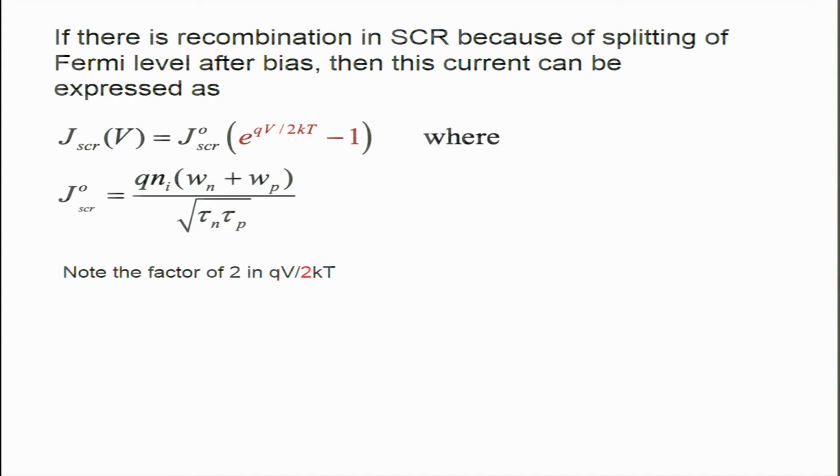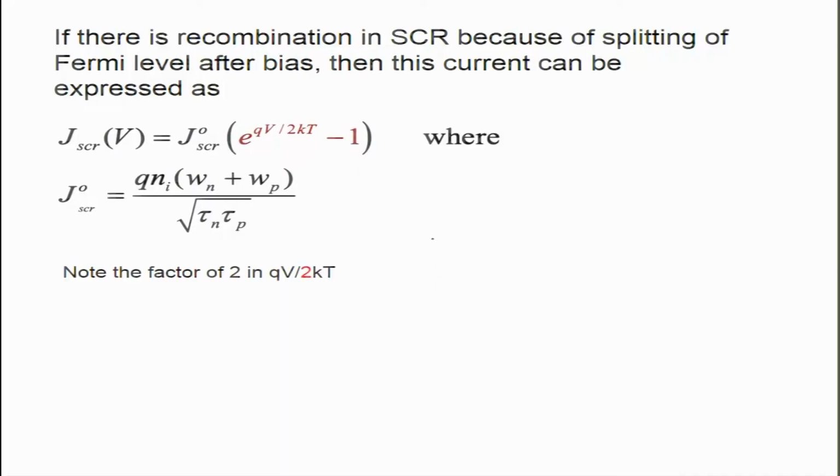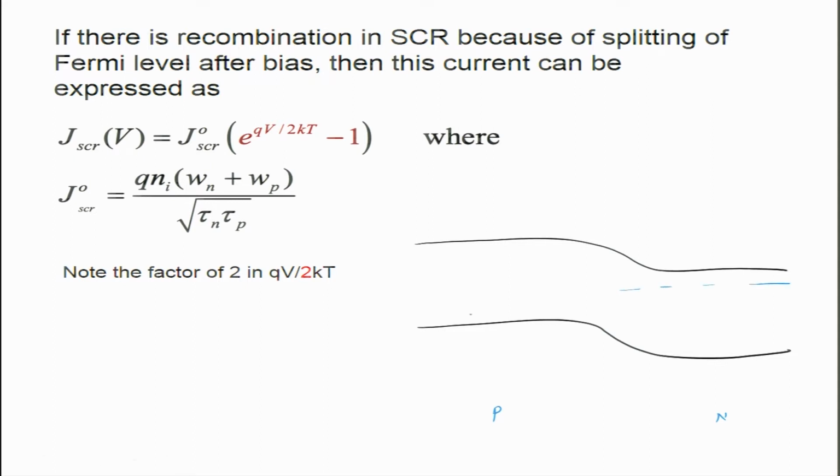Okay, when the Fermi levels are split, because your semiconductor is like this. So, this is your p-n junction, right. This is the p side, this is the n side. If I take it for electrons, the Fermi level will go in this fashion, and the holes Fermi level will go in this fashion, and there is a split in the Fermi level. So, the intrinsic Fermi level goes like this, but within this region also, since you have Fermi levels going across like this, you have a split in the Fermi levels. So, remember this is the junction, right.